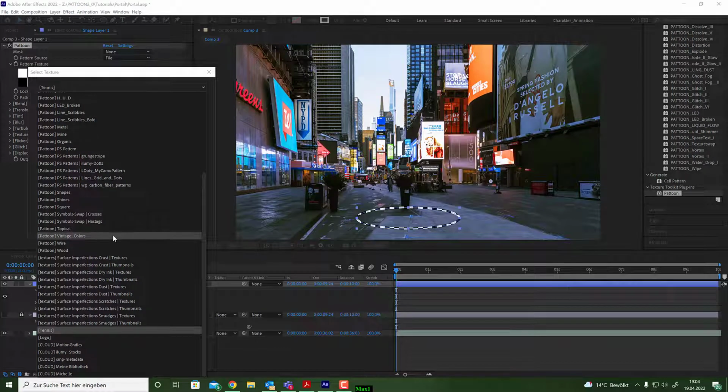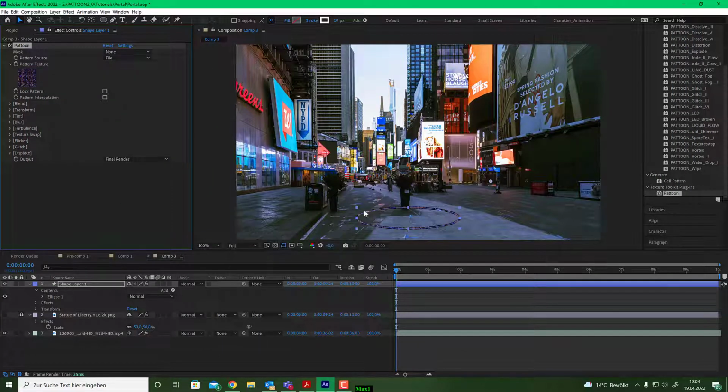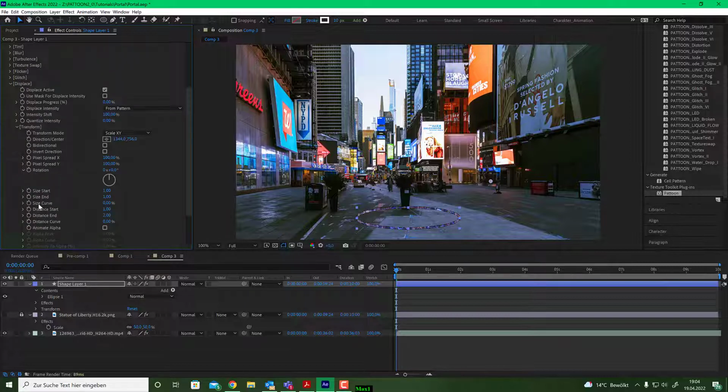I will texturize that by using some topicals, and I will have this topical texture. And I go to my displace settings. I make the displace active. I go to my transform settings in the displace and will bring the distance end to, let's say, 30 pixels. And I will play with the displace progress. Now we can see how the pixels start to